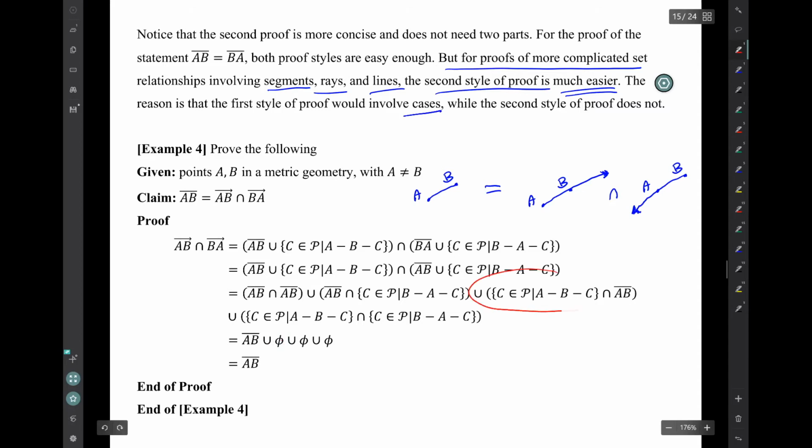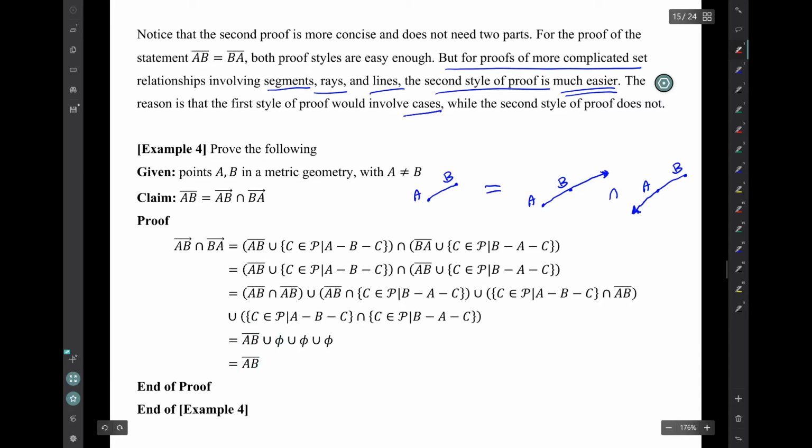Same thing is going to happen here. We're taking the intersection of a line segment AB with this set, the set of all C that have that betweenness relationship. Well, same thing. There are no points C in this set that are qualified to be in this set. So that intersection is the empty set. So we have the union of segment AB with the empty set, the empty set, the empty set. So in other words, the right side is just simply